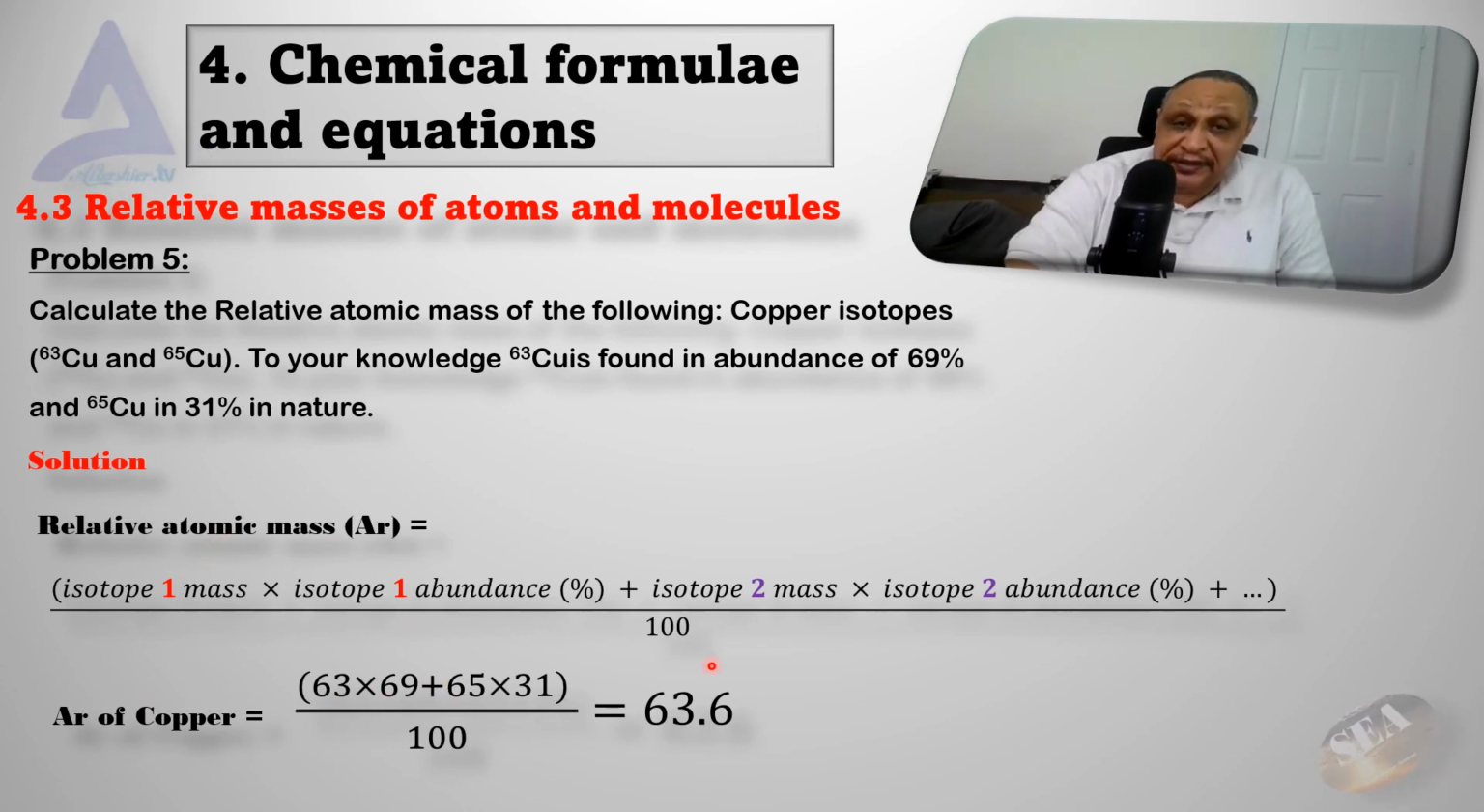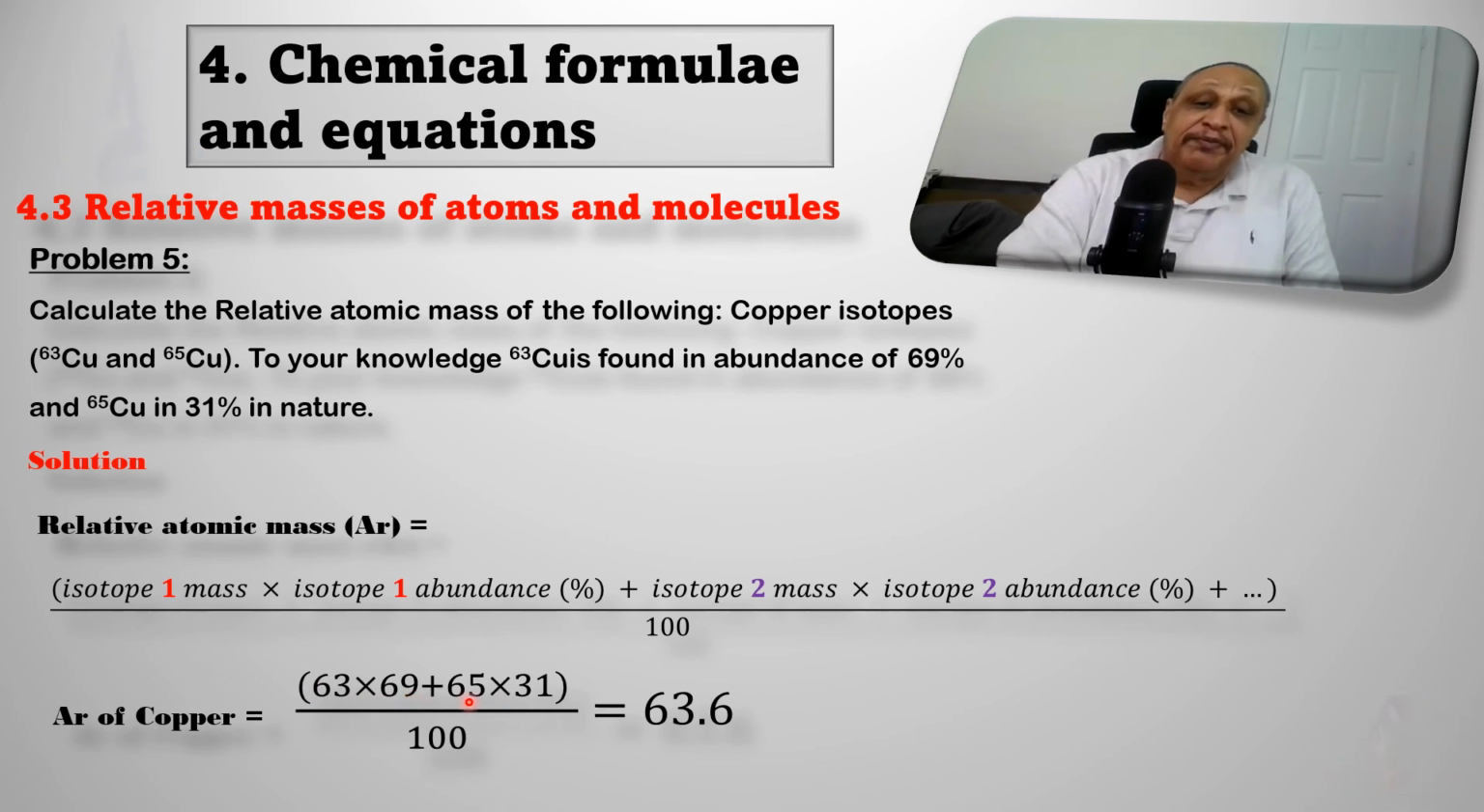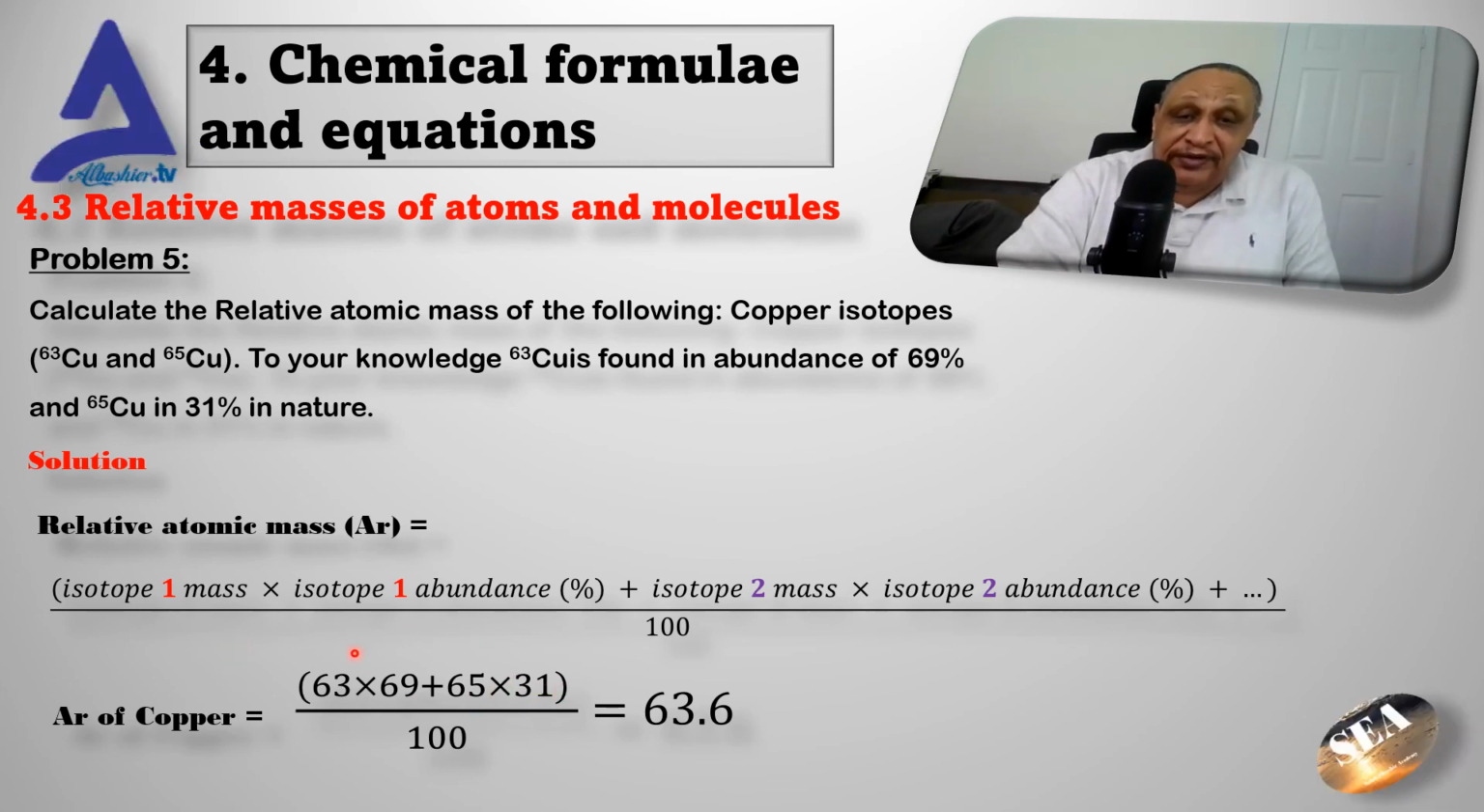The first thing to do is to write down the suitable equation for your problem, and then you substitute for each one. We need two only, so we need this one and this one. We don't need the other one, so we put them here, and then we substitute each one. This is the mass of the first one multiplied by its abundance, plus the mass of the second isotope multiplied by its abundance, and when we finish these calculations, divided by 100, it's going to be